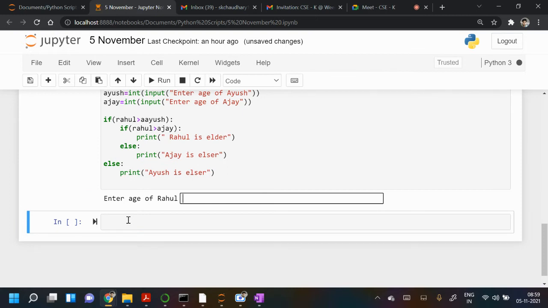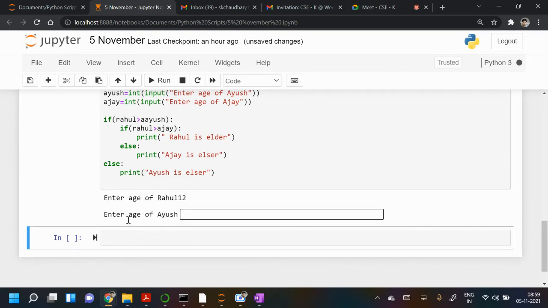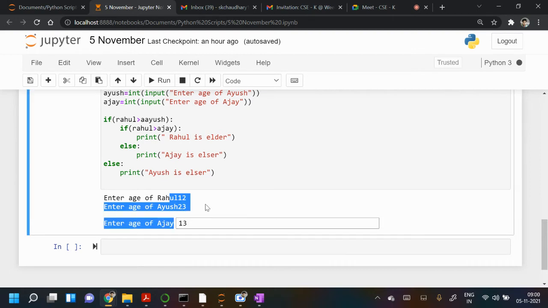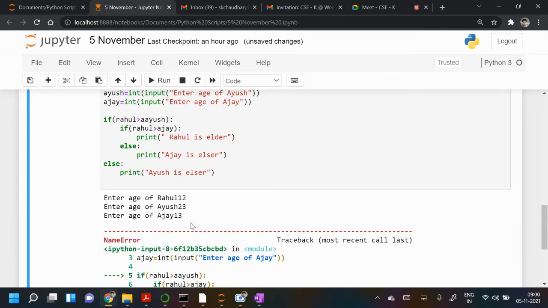Suppose I take 12, Ayush 23, and it's 13. So what should be the output according to these inputs? Who will be elder? Ayush. Okay, Ayush. Let's enter this and check.